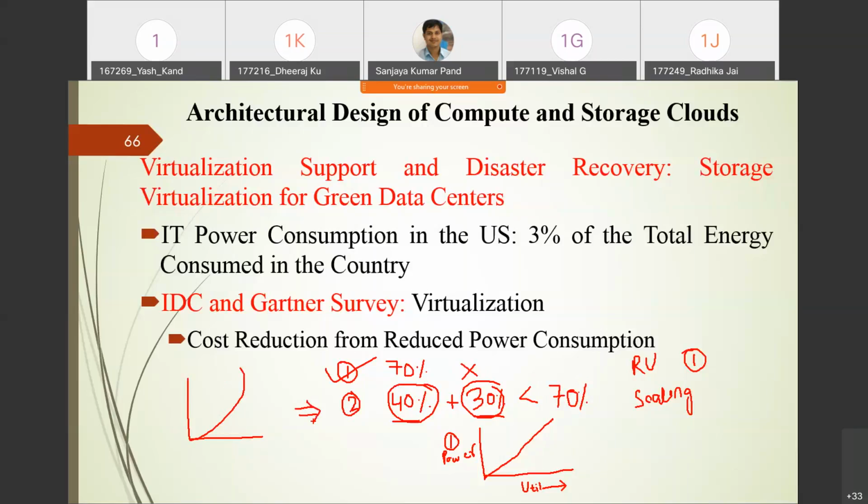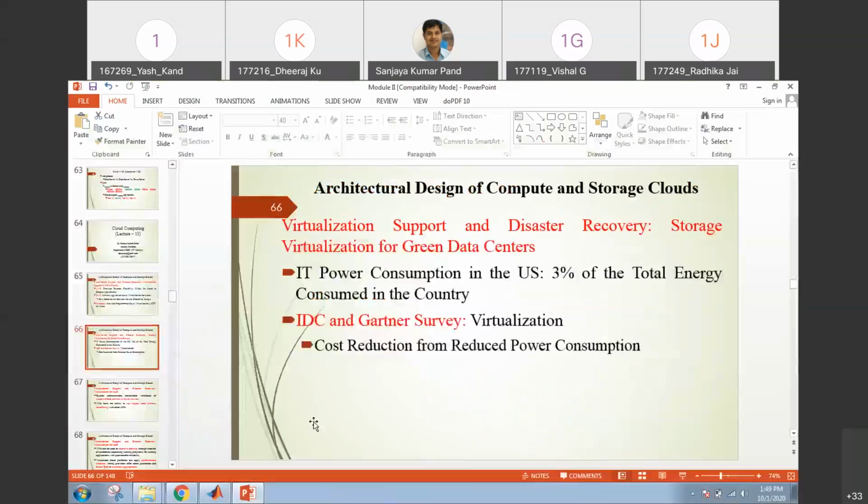So it depends whether solution one or two is better, based upon what kind of model we are using for energy consumption. Is it clear? Please write in the chat box, those who are writing solution one and two. Is the concept clear? In which case is solution one better, in which case is solution two better? So you check whether the model you are considering is a linear one or a non-linear one.